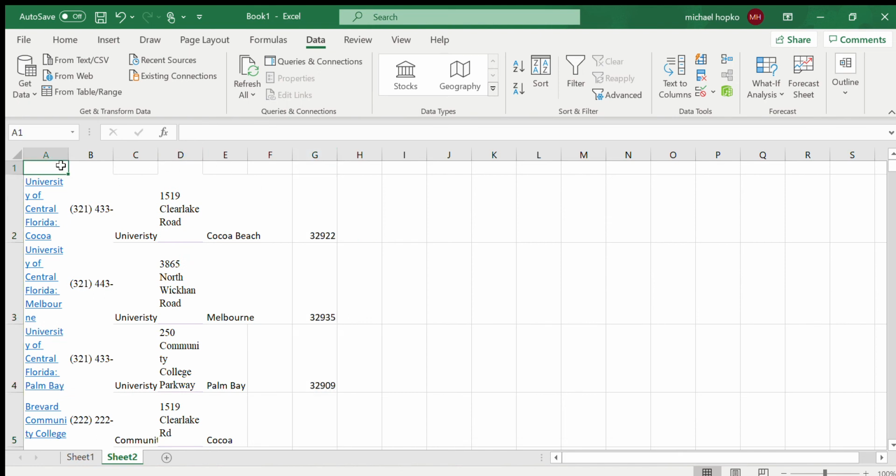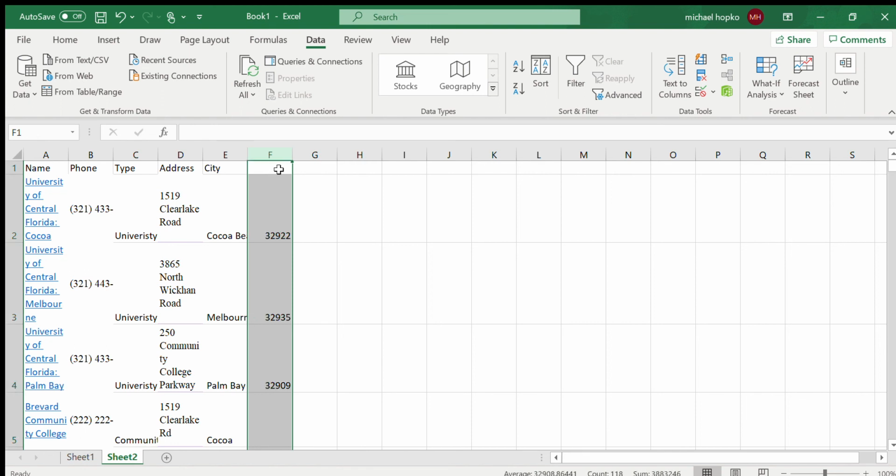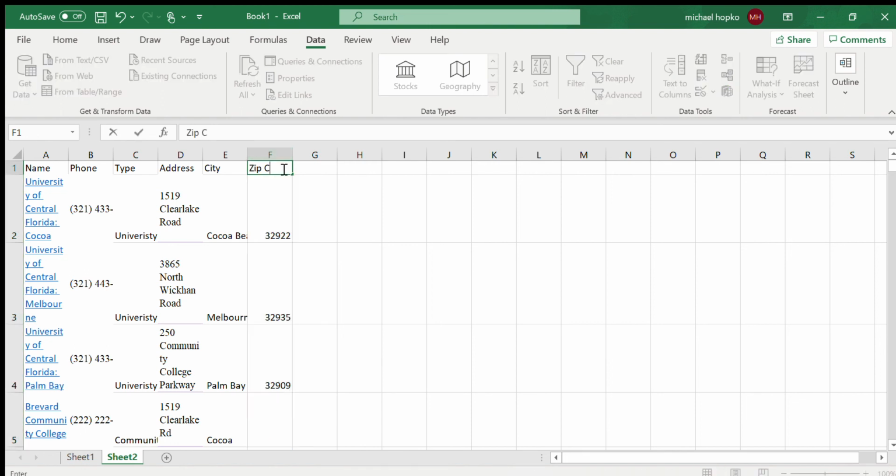And then come back and give all of your columns names. So we got the name, the phone number, the type of school, the address, the city, and make sure your columns are lining up when you do this. I have an extra blank column. So city and then zip code, or just zip is fine.